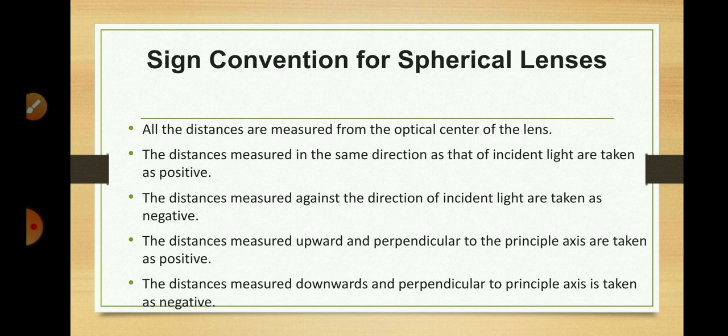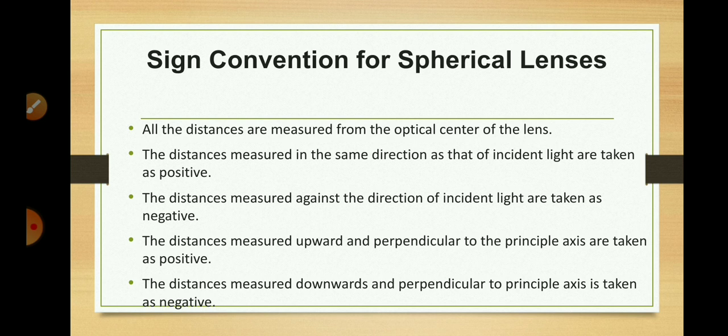This we learned about mirror. The concept is similar for lenses also. For our lens, we assume optical center as the origin. So in mirror, pole was considered as the origin, and in lenses, optical center is considered as origin. So the first convention is that we always keep object to the left of optical center. Second convention is to measure all the distances from the optical center. So all distances are measured from optical center of lens.